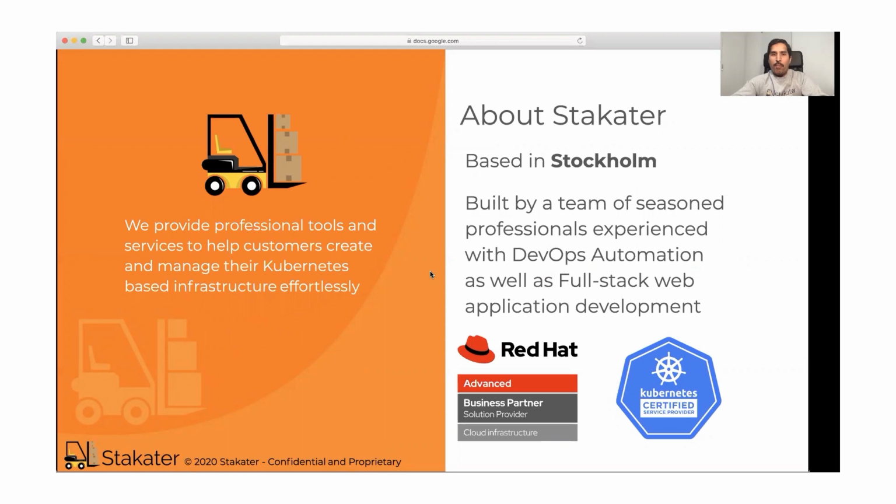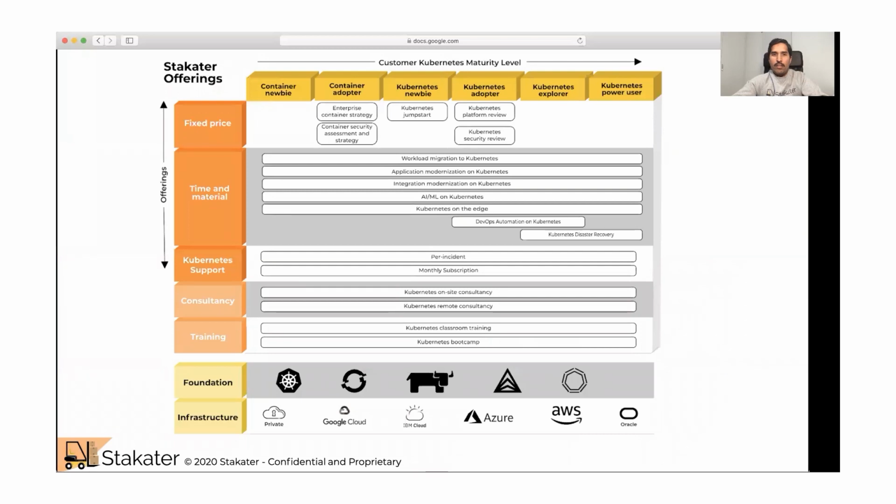At Stagator, we provide professional services around Kubernetes, and we help companies in their journey for Kubernetes adoption. So we help them in their strategies for Kubernetes containers, also with development and operations around Kubernetes. Stagator is a certified service provider and also a Red Hat Advanced partner. Stagator basically helps companies in their journey with containerization.